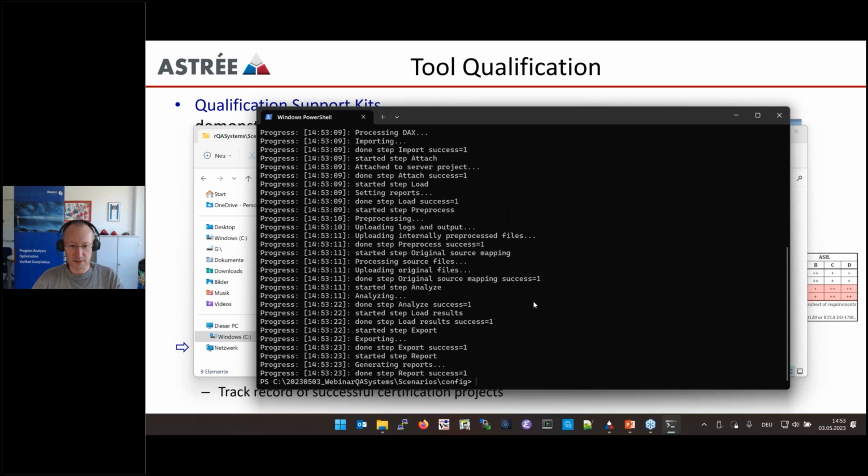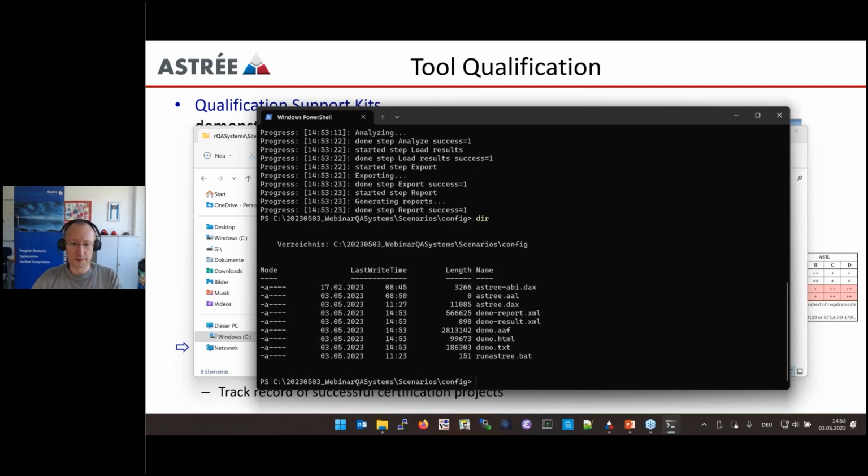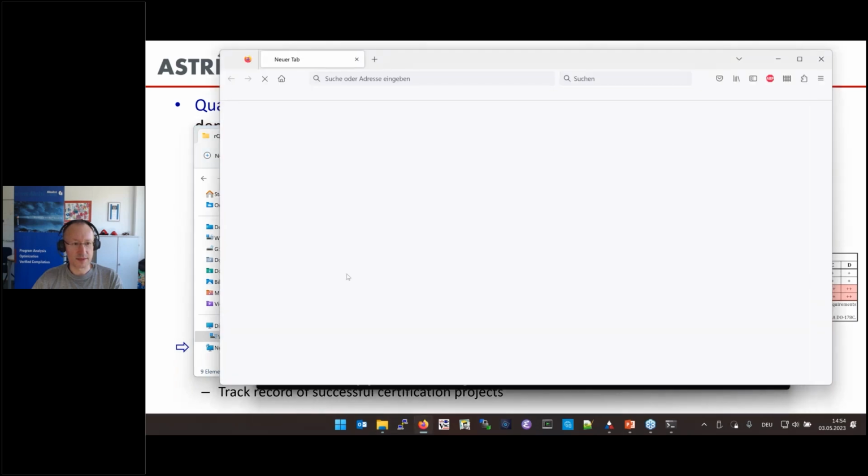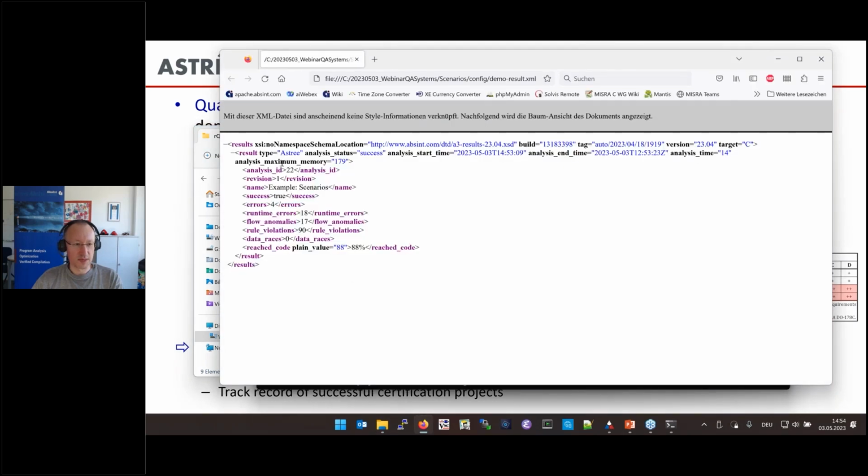And you can see, well, it ran, and now we also have our reports. So this is a textual report. That's now the result report. So you can see it's an XML file. It just contains some numbers like, well, I have 4 definite runtime errors, 18 runtime errors overall.